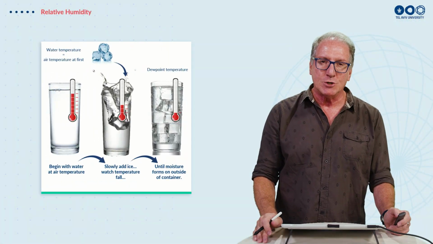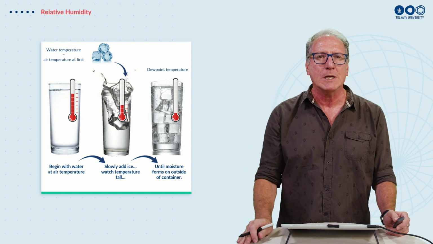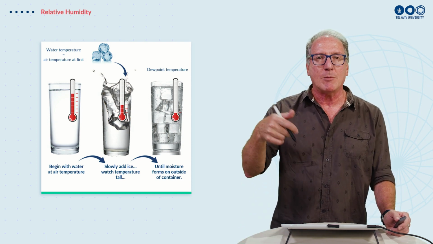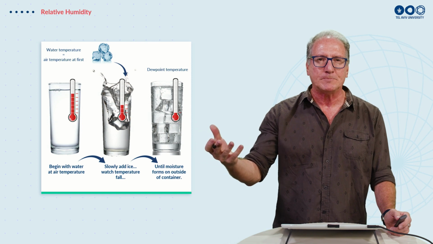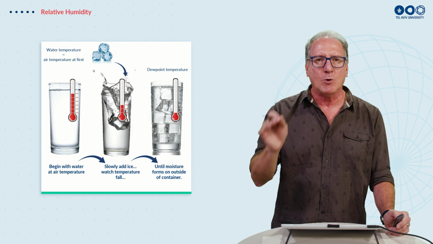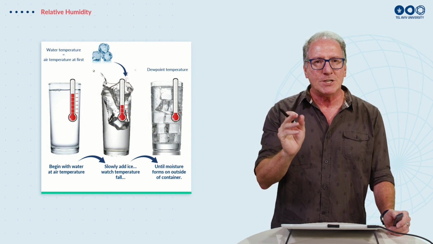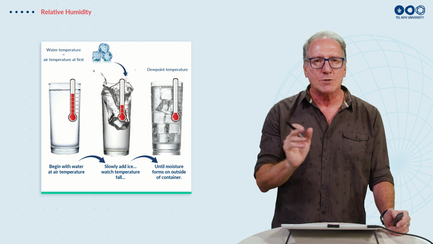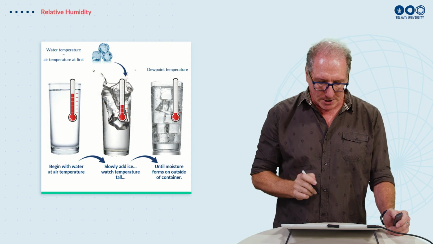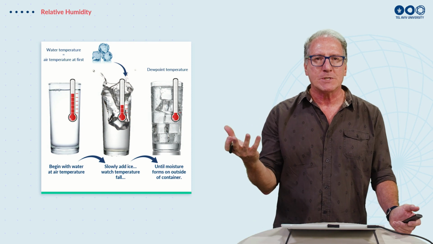Now, to measure actually the dew point temperature, you can do an experiment by yourselves at home. Take a glass of water, put a thermometer in it. The thermometer will show the air temperature in the room. Now you can take some ice and put it into the water, and you'll watch the thermometer go down because the ice is cooling the water. And eventually, at a certain temperature, you'll also start to see the little droplets forming on the outside of the glass. Where are these droplets coming from?